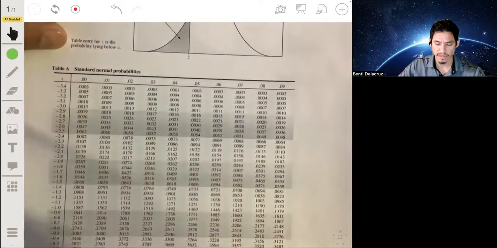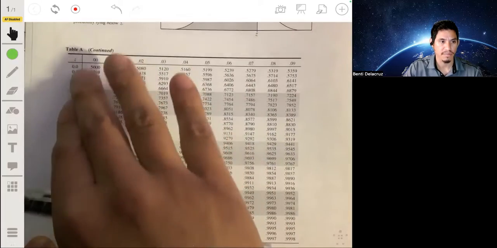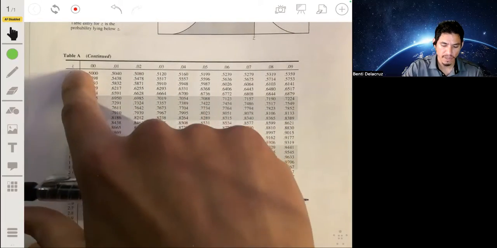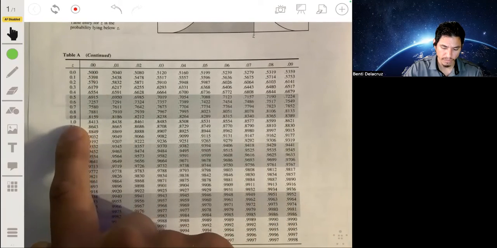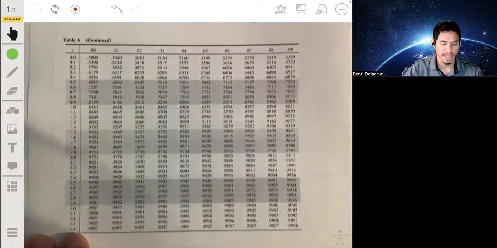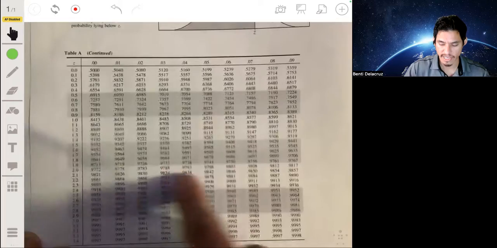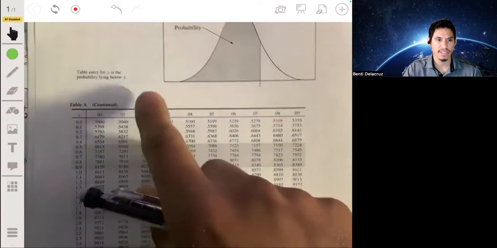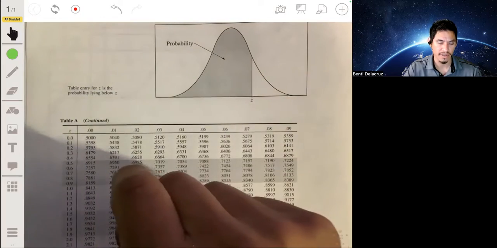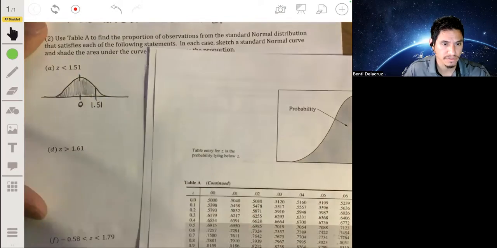Now, these are negative values, because we have negative z values and we also have positive z values. On this second page, the z values go from 0 and upwards: 0, 1.0, all the way to 3.4. Again, these are the tenths and hundredths spots. The values in the center of the table represent the areas to the left of the corresponding z value. So for example, if we're going to look for the area to the left of 1.51,